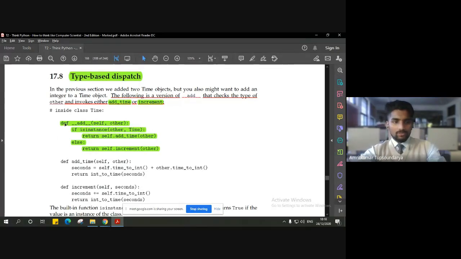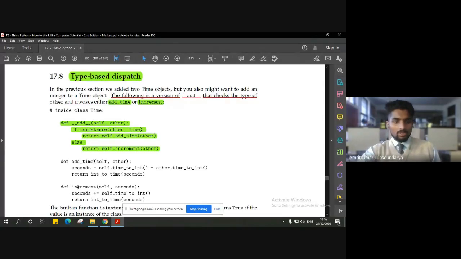The first method is the add method. The second is the add time method, which simply adds the seconds: after conversion from time to integer, the two integer values of two different timings will be added as seconds.